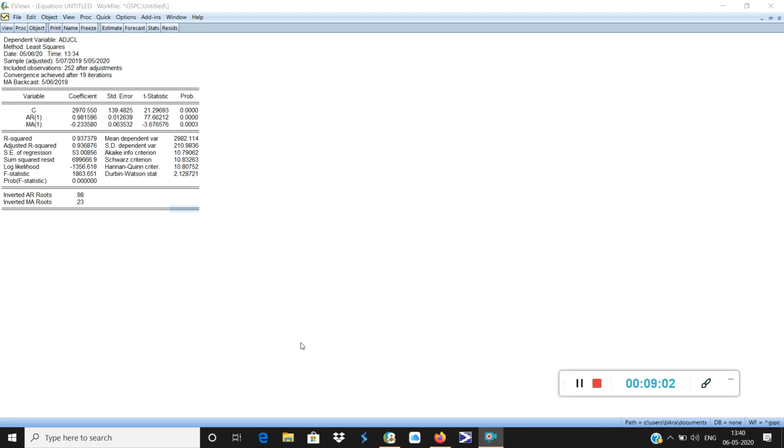Now moving into this particular value, we see that AIC is 10.79, Schwarz or SC is 10.83, Hannan-Quinn is about 10.80, so that means they are above 10. Above 10 means that accuracy will start reducing if you use it for a longer period.